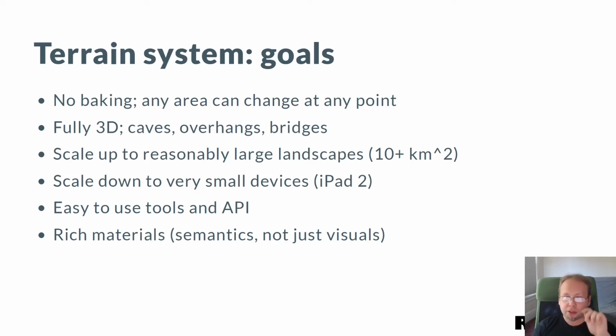Of course, we wanted the editor to have easy-to-use tools, but also very important for us was the existence of an API to manipulate terrain from scripts that was also easy to understand and use. For example, we want to support custom procedural generators, custom tools, destruction scripts, etc. And then for us, materials are more than just textures. They have semantic meaning, and so the more we could leverage that to make it easier to create terrain that looked visually interesting by using the material information, the better it was.